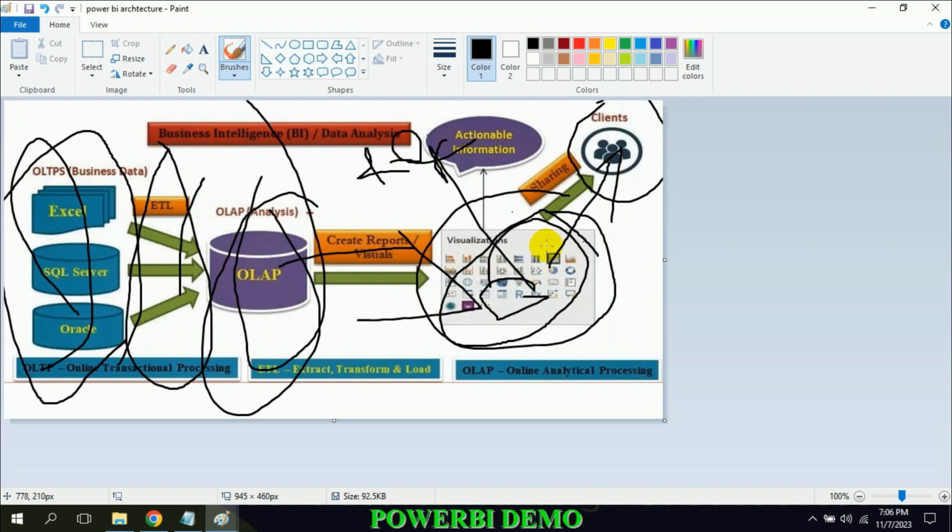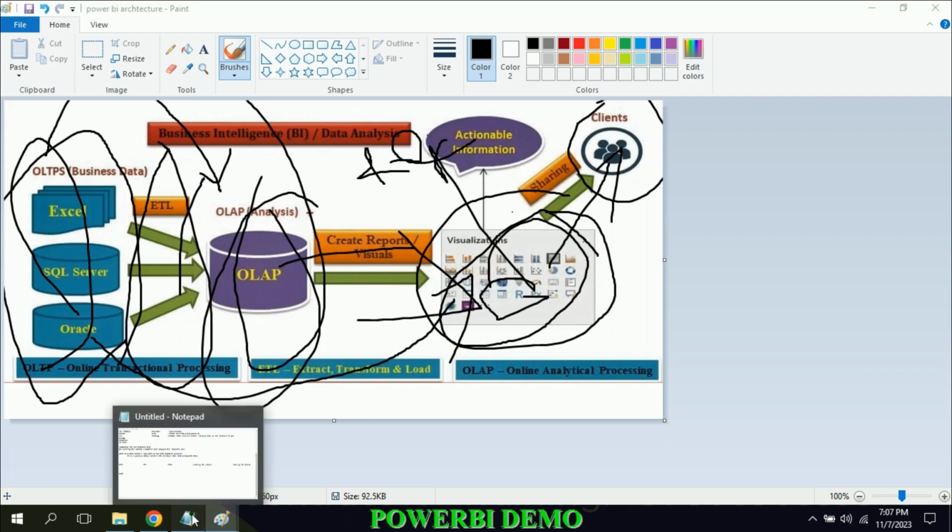After creating these reports, we share the reports with the clients. My question is, why are we transferring the OLTP database into the OLAP database? Directly we could create the reports from OLTP. It is very easy now, but